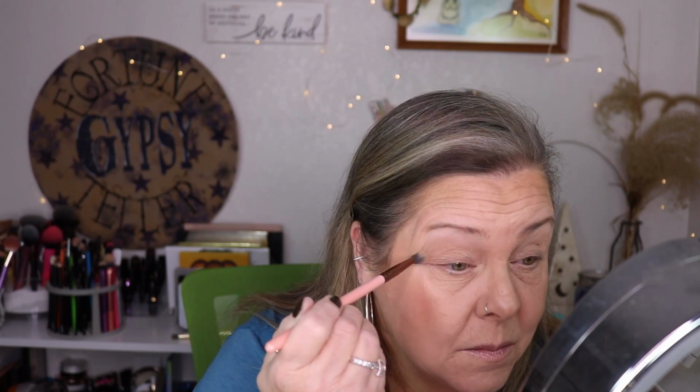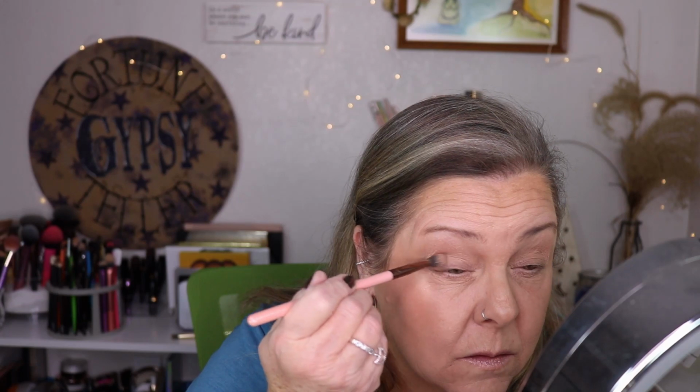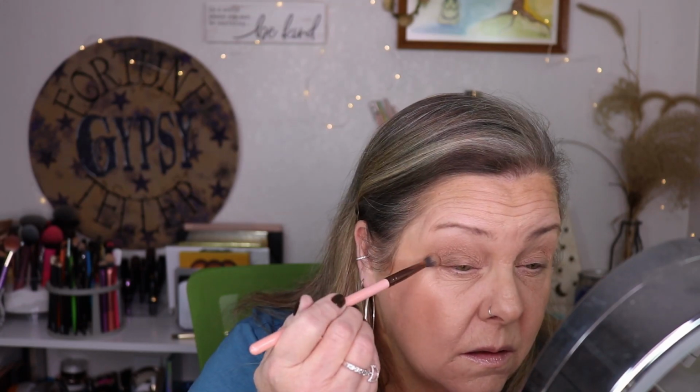Try to get some color going on here. And I know I'm kind of all over the place, but I'm going to go into this color next. And that is Smoking Hot. And I'm going to put that on the outer corner and in the crease. And now I'm going to take this Moda detail brush and I'm going into this color